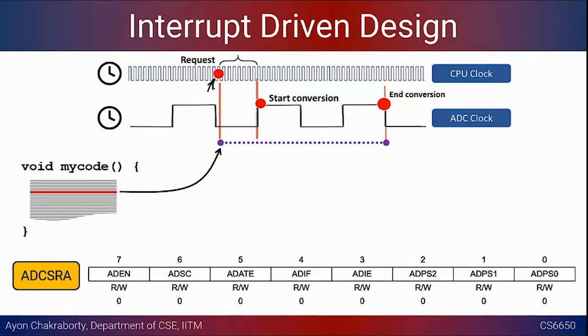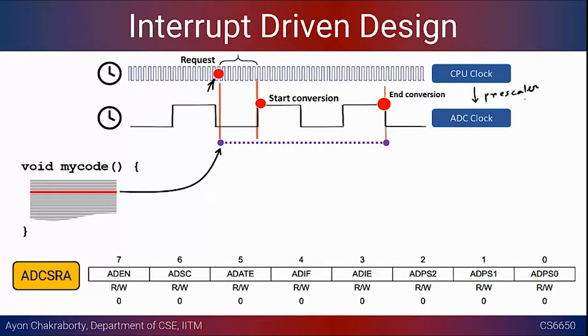Right? So there was a particular point in time when there was an instruction in your code that asked for a digital sample from the ADC or from the analog sensor, right? And then please note that there will be some time that will be wasted before the actual conversion starts. So the actual conversion will start on the leading edge of the ADC clock. Because of the prescaler divide, we will get a much reduced clock rate in case of the ADC. So there is this prescaler divide here.